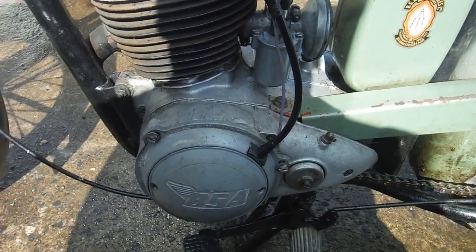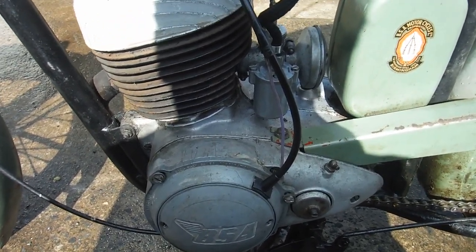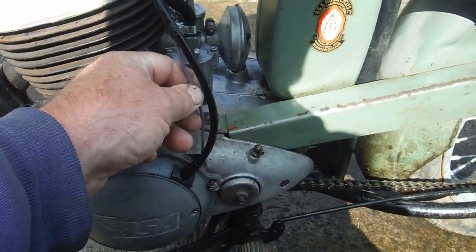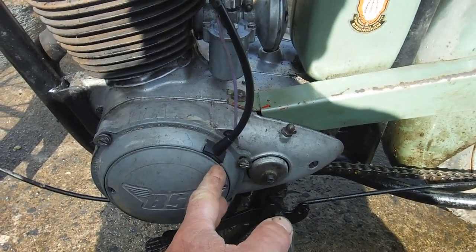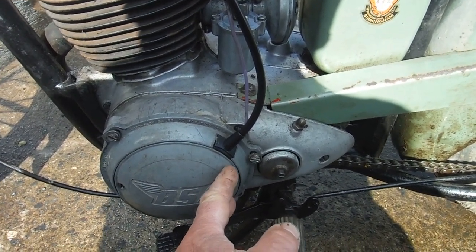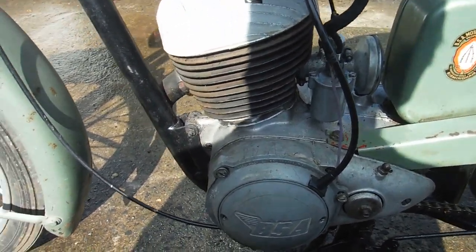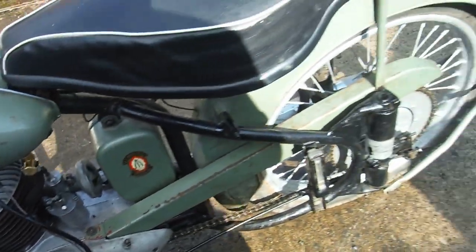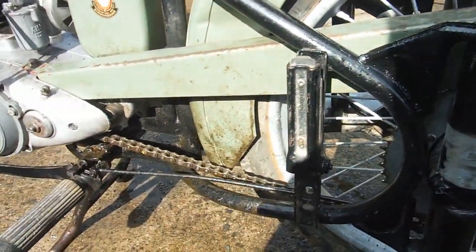to get it going. Actually, I cleaned the carburettor out and blew through the jets and so on, and then I put this purple wire into one of the little pillars inside, where the wires go in, and that made the lights work as well. So we've got a running Bantam with a very large sprocket on the rear wheel, and